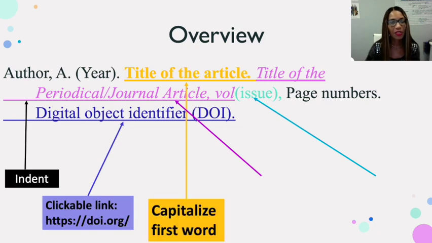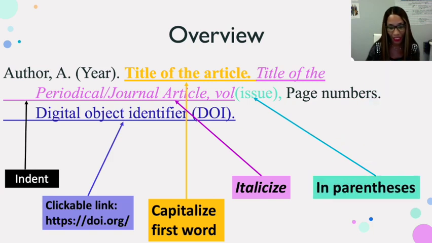You want to make sure that the first letter in the titles of your articles is capitalized. Otherwise, all of the other information should be lowercase, unless it's a title, a name, or abbreviations or things of that nature. Make sure that the periodical or journal is italicized, and also make sure that the issue number is in parentheses. And that is it. You can view this presentation over, just to get a gist of how you reference or do in-text citations for